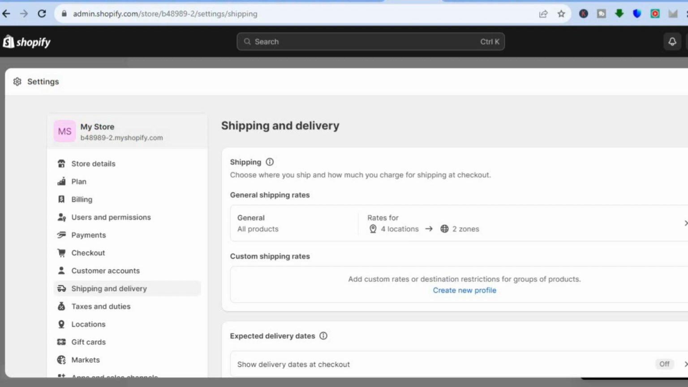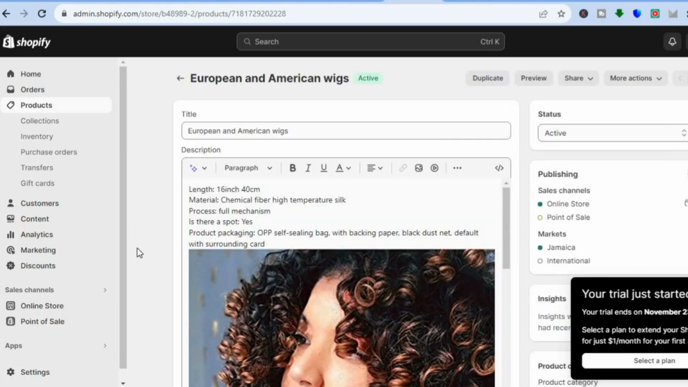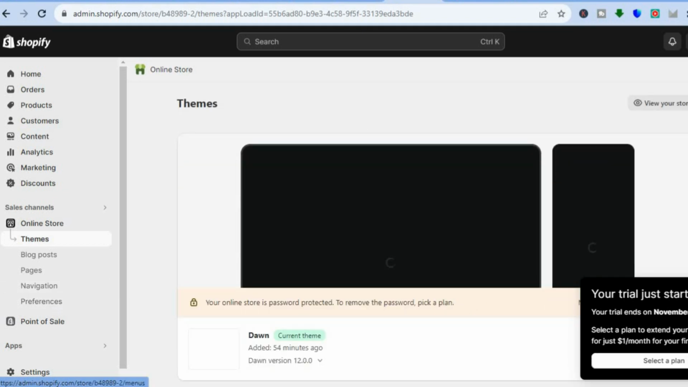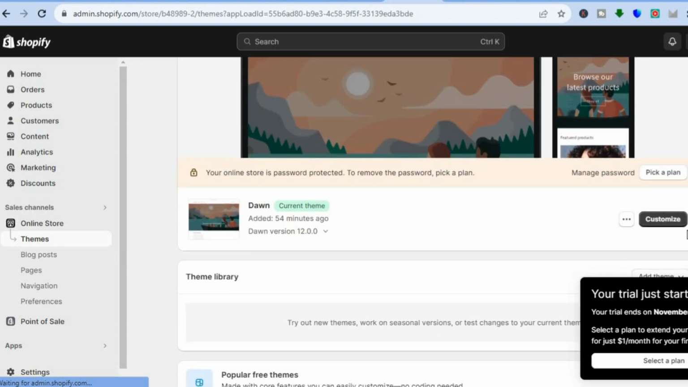And if it is a case that you would like to edit the product page or any one of your pages, all you'll need to do is go over to the left-hand menu. Right where you see sales channel, you're going to tap on online store. After you have selected online store, you will be redirected to this dashboard. Once on this dashboard, you're going to simply scroll down and right beside the theme that you're using,